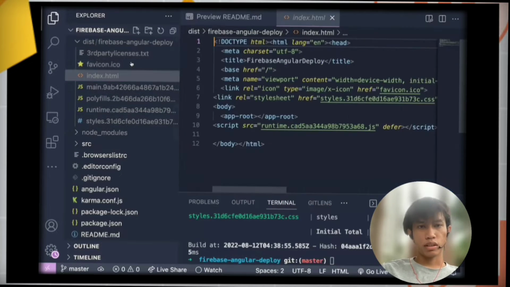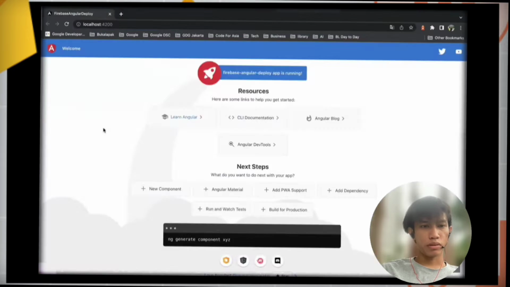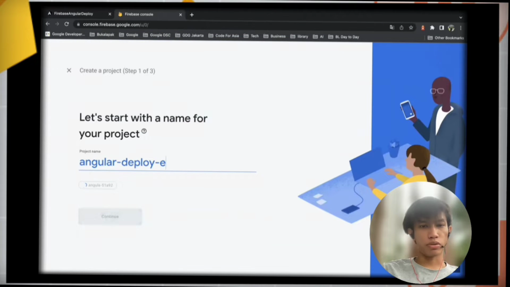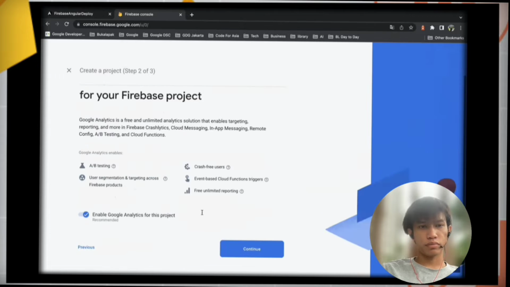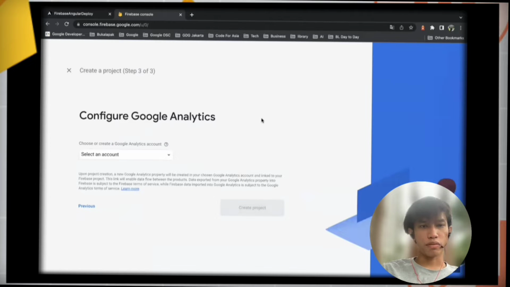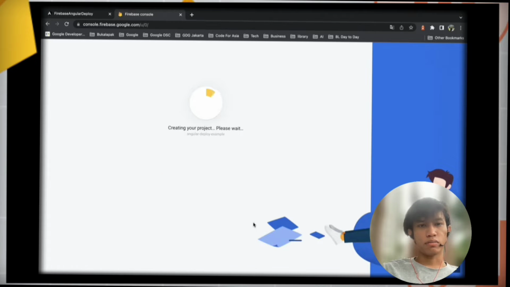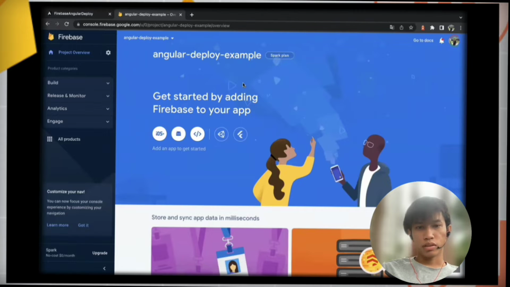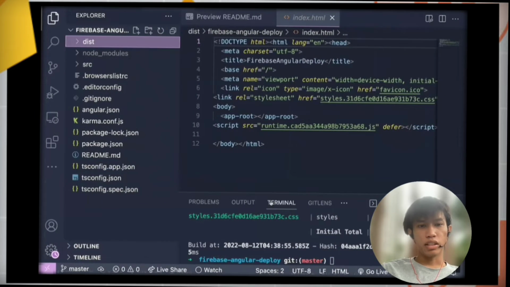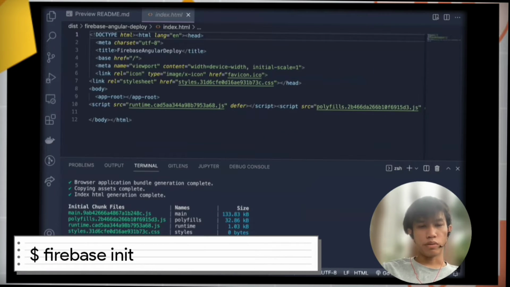project. Let's set up our Firebase project by creating a new project in the Firebase console. You can choose a default account for Firebase as well. And once the project has been created in your Firebase console, now you can do firebase init to initiate your